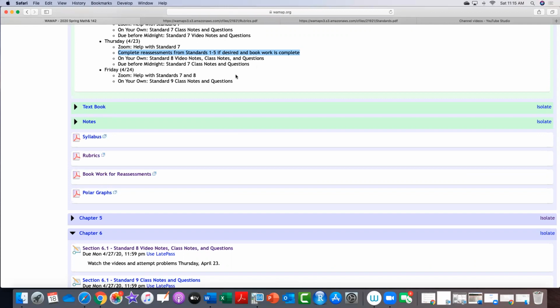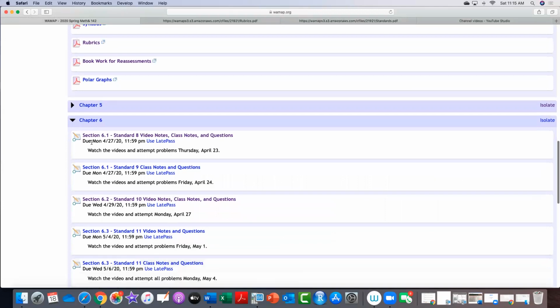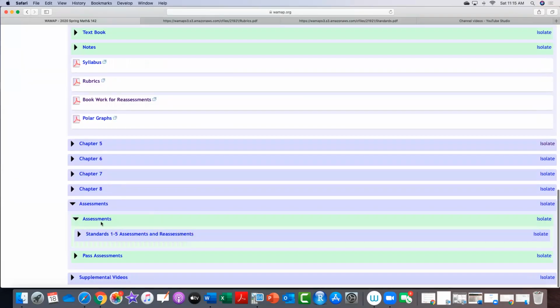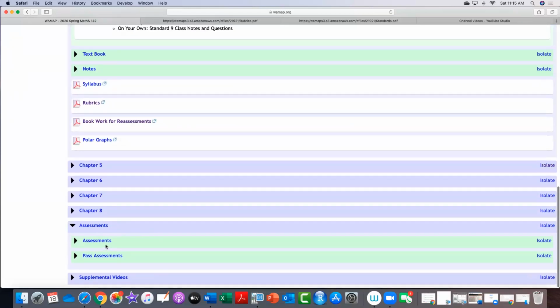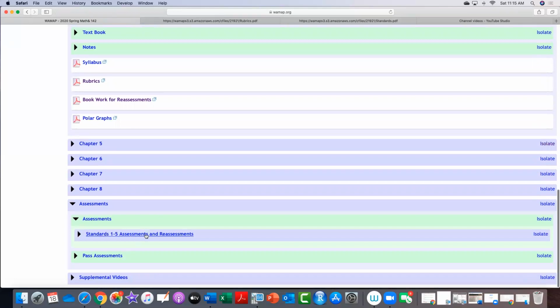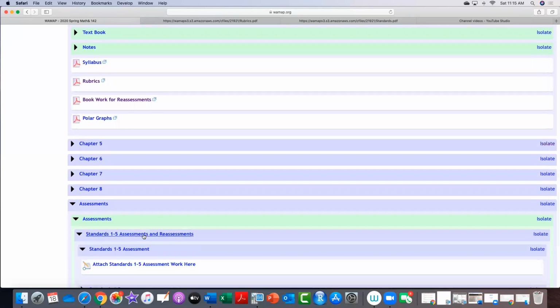Just the same way you did on the test, right? Write it all out. And then, of course, check your work in the back. They're all odd problems, so you can check the work in the back of the textbook to make sure that you're doing it correctly. And then what you're going to do is go down to the assessments, okay? So if you click on assessments, standard 1 through 5 assessments and reassessments,